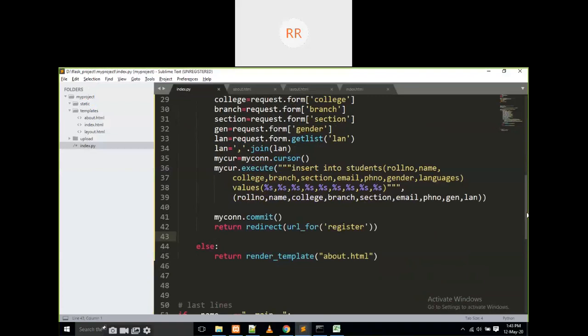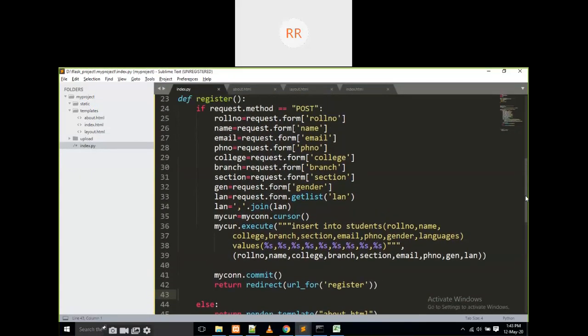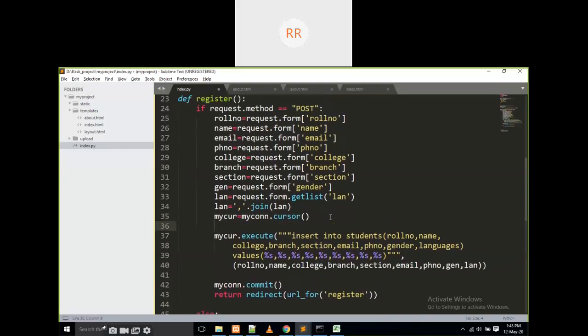For that, what do we have to do? Before the insertion, I want to check the data with that roll number. Yes, before the insertion, I am going to write one more thing, that is a select query. That means I want to view the data. To insert it, it is an insert query. If you want to view the data, the query is a select query. If you want to delete it, a delete query. If you want to update it, an update query. If you want to view it, a select query.